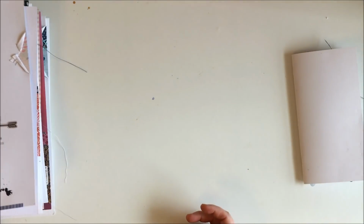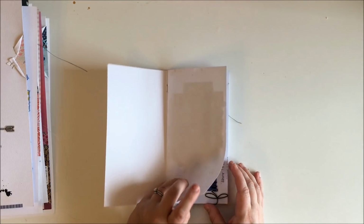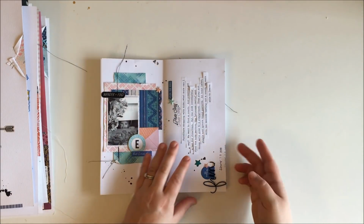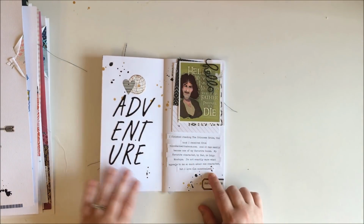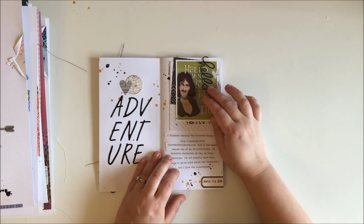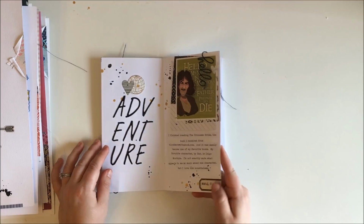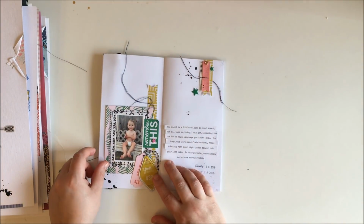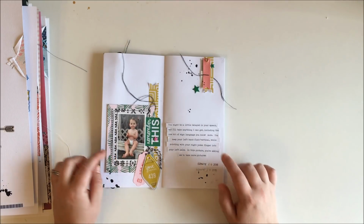So that's that one. I did a few Traveler's Notebook spreads this month. So I showed you the first one, which coordinated with that Citrus Twist Kit sketch. This one I also have a process video for, which I will link down below. This just talks about my favorite character in the Princess Bride book. And then this one was actually for a Secret Not Secret Kit Club